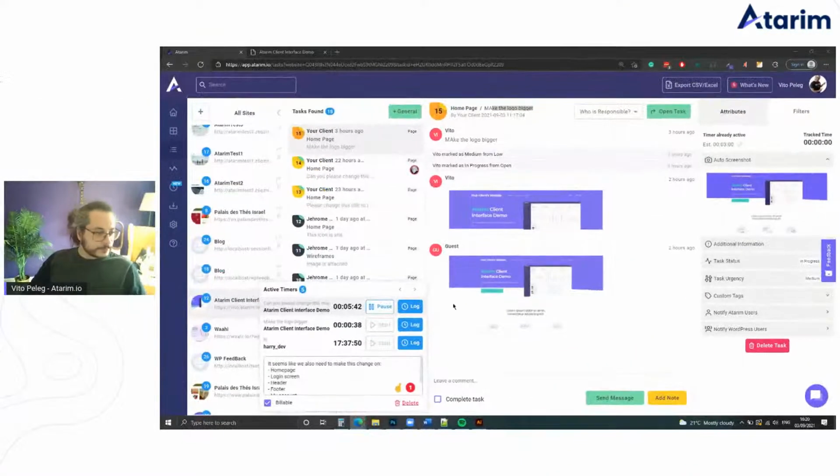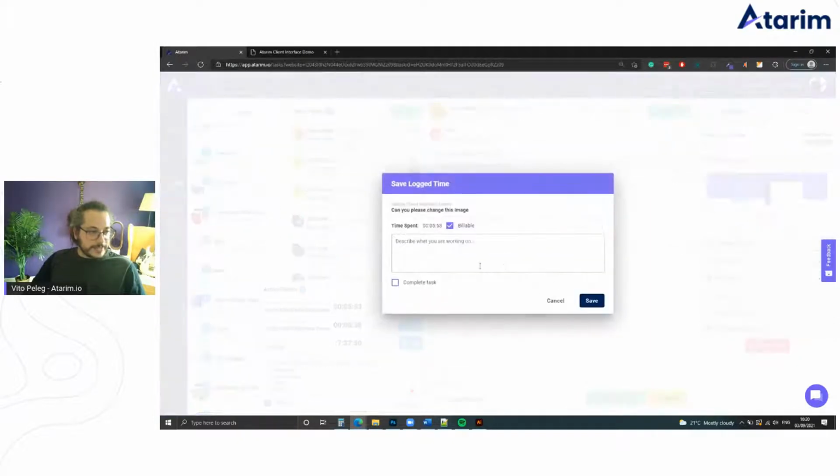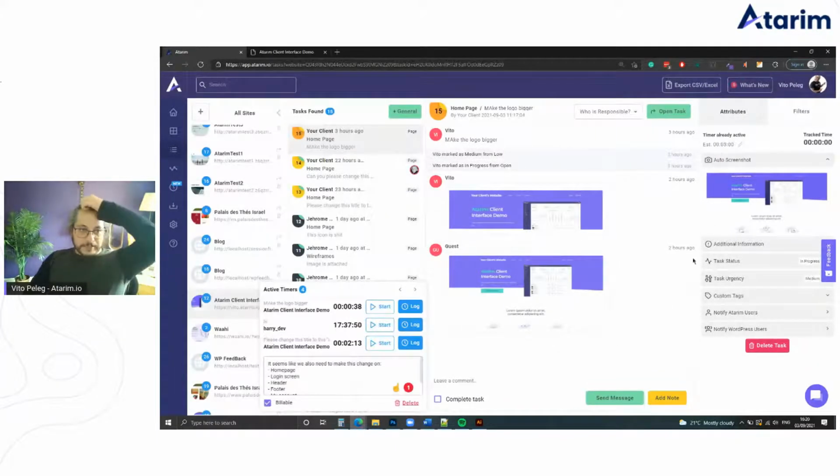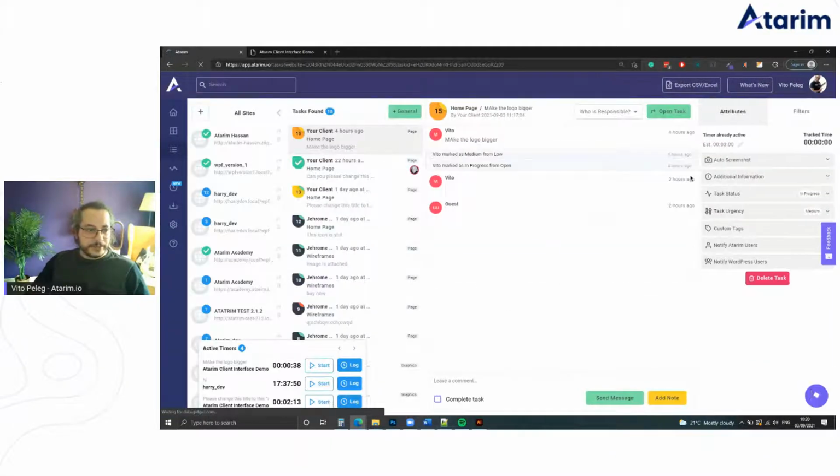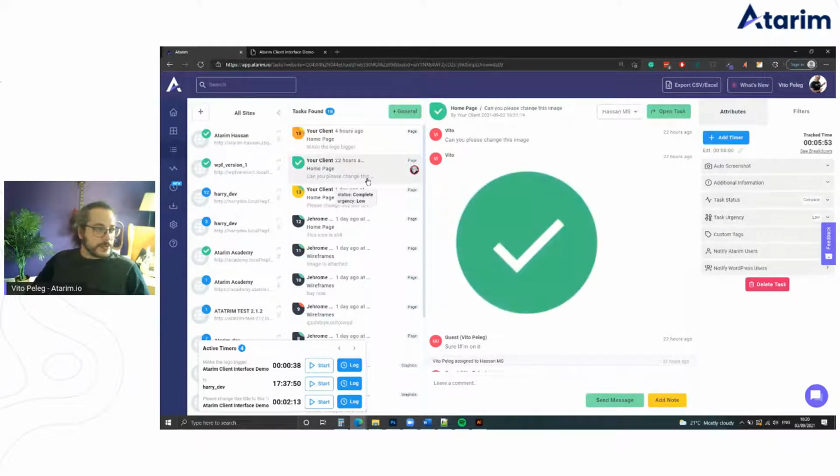So I'm going to go back to my screen here. We tracked the time, and talking about this took me 5.5 minutes, almost 6 minutes, and I already thought it was going to take 3 minutes, right? So I'm already doubling my revenue just by doing this properly. Now, let me stop this, and I'm going to log this task, and I can even mark this task as complete. So now, if we have multiple people working on this change, make the logo bigger, as more people are tracking time for this task,